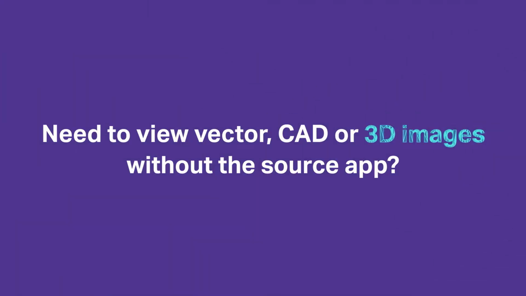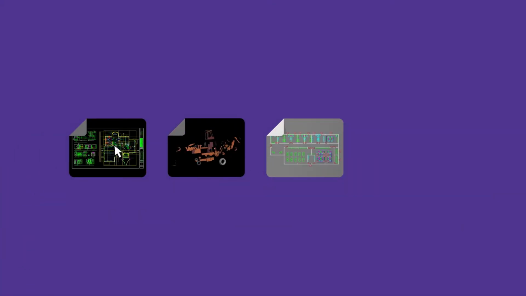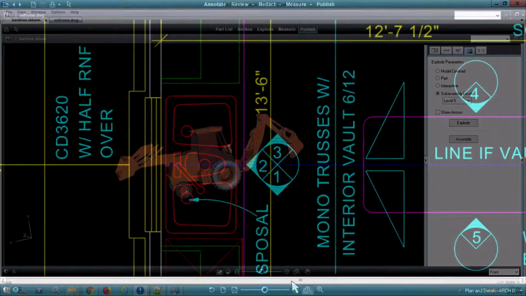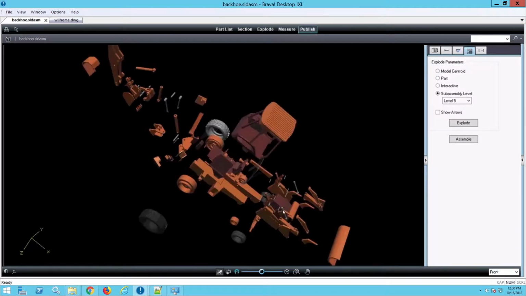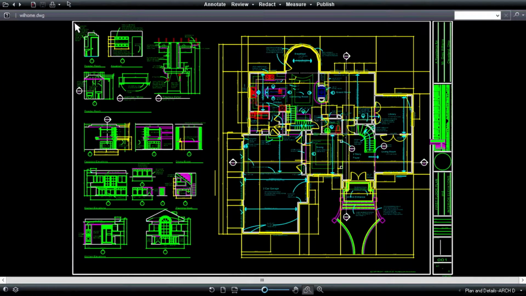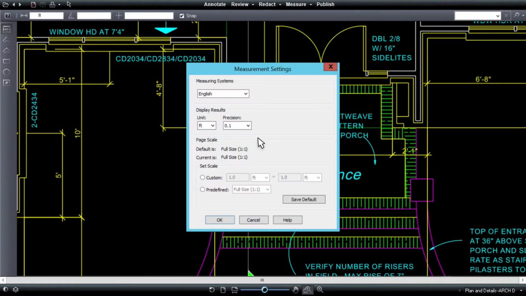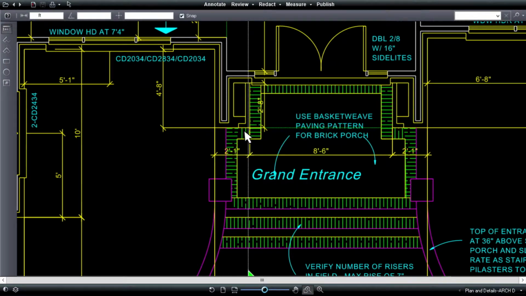Viewing complex files like CAD, vector, or 3D images generally requires expensive native applications. OpenText Brava provides a single solution for sharing and viewing all types of files, whether you're in the office or in the field. For CAD users, Brava provides pinpoint detail of complex drawings, allowing users to calibrate scale, snap precise